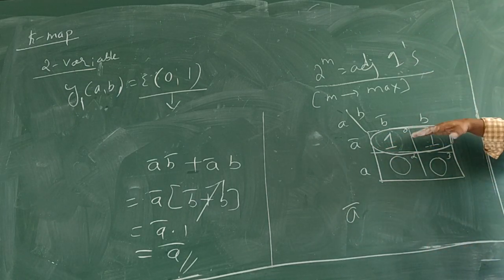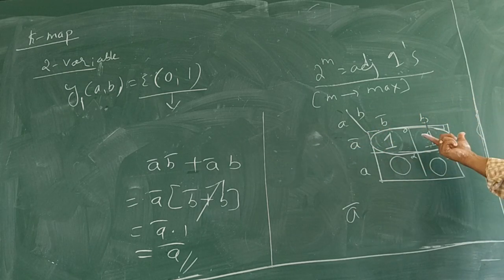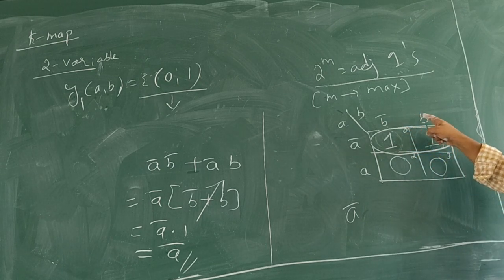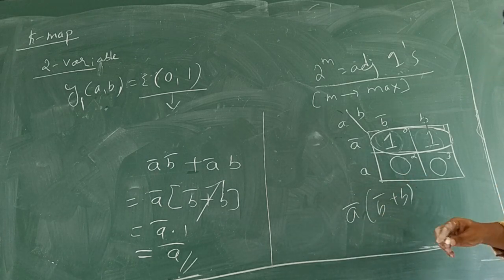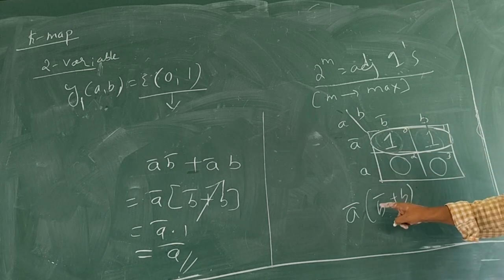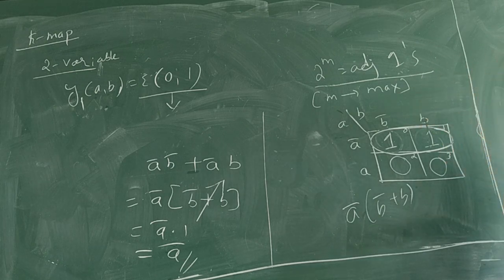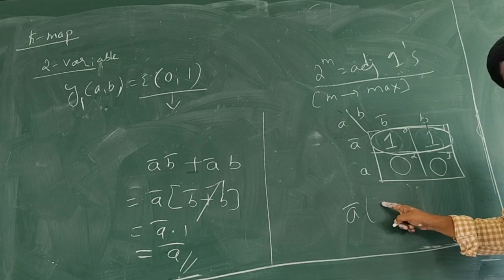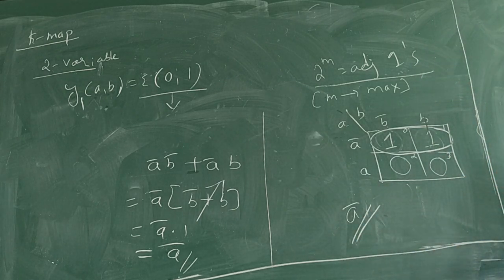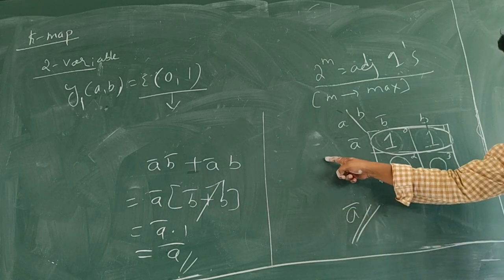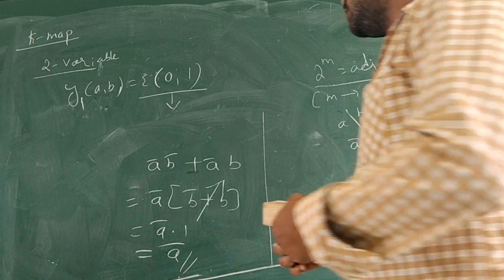Cover is row wise, hence row variable. In how many columns we have applied this cover? Is 2. Okay. One is B complement and one is B. Actually, no need to write, but still I am writing because it is the first problem. B complement plus B. You know B complement plus B as 1. Hence, we will write A complement into 1. That also we know. Hence, we will directly write it as A complement. So here we are not writing by using any Boolean functions. Directly we will write A complement. I will take one more problem and try to solve. We will come to it.